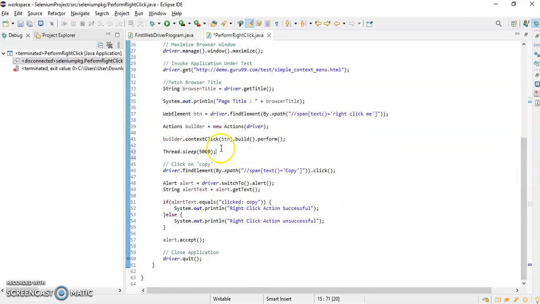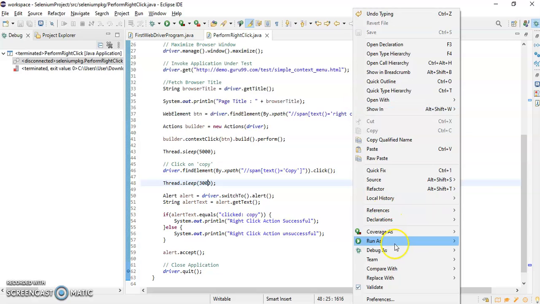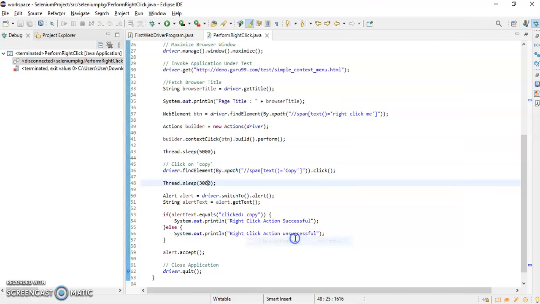After that, after clicking on copy, again I will provide few seconds. Let's reduce it to 3 seconds. Okay, after that let's run this script. Run as Java application.